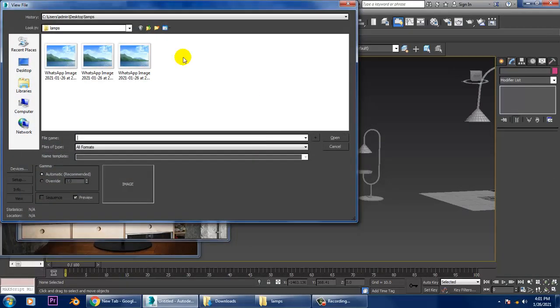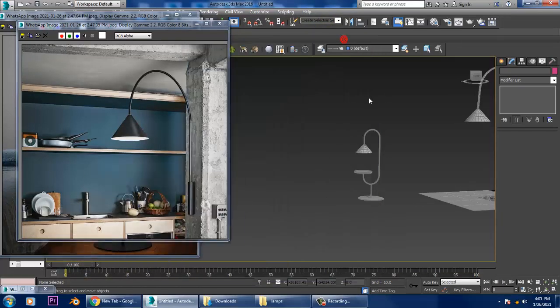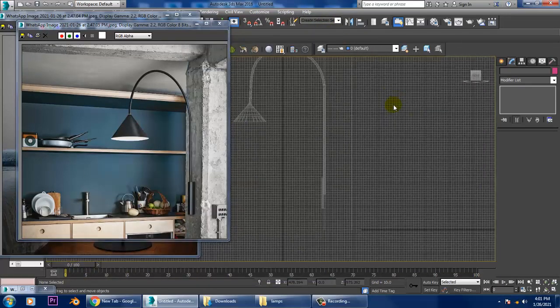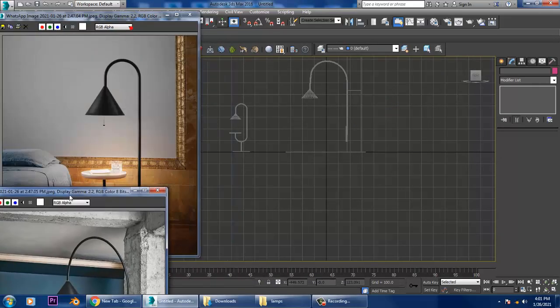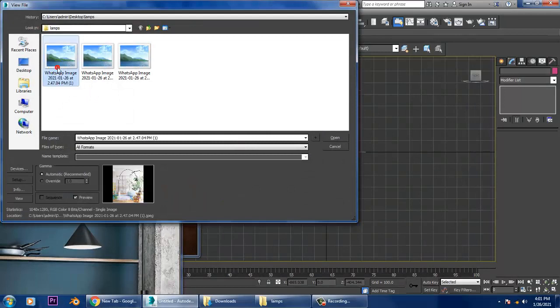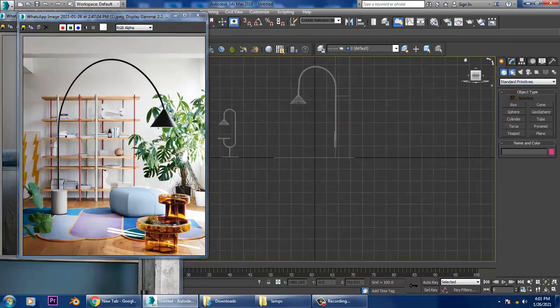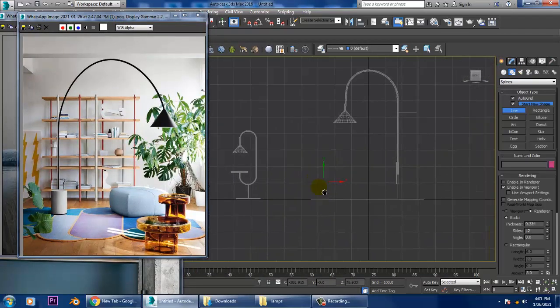You can create such designer lamps. It's very simple. The same way you can use it over here, view image file. Let's take this again and take a line